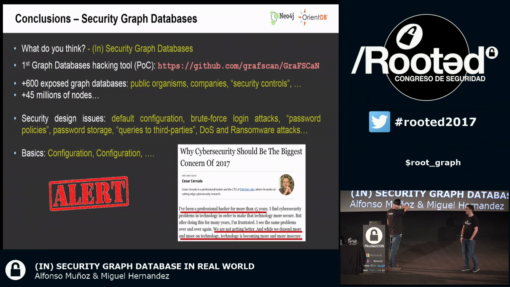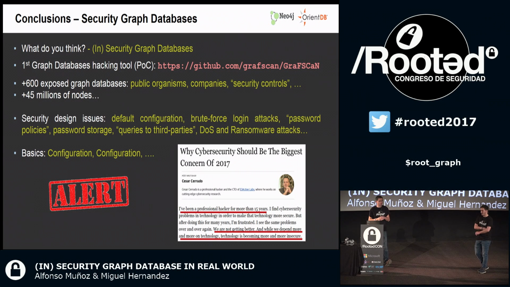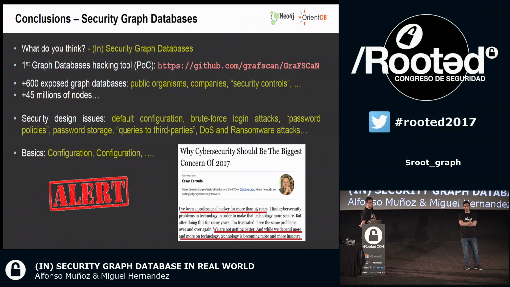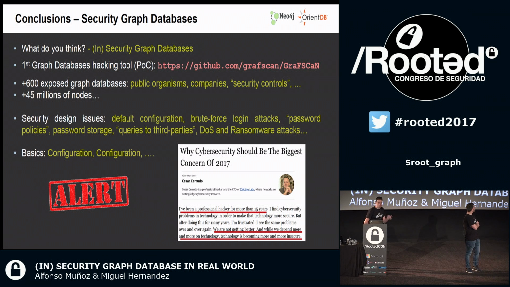Conclusions. Oh, we're doing quite well on time. The talk we gave was to prove that we like these technologies. We use them in internal projects, and we believe that they have a long future ahead of them. But obviously, you need to learn from mistakes in the past and not make them again, be it in default configurations,